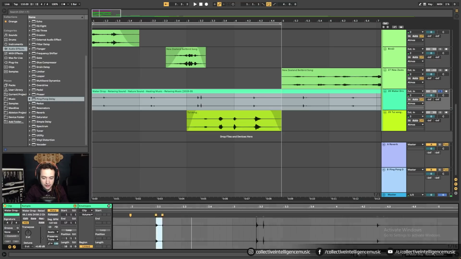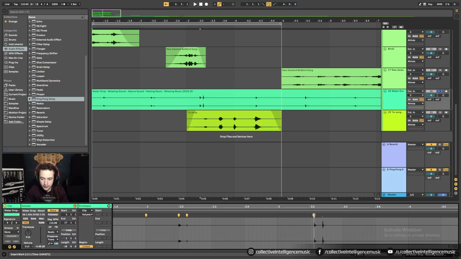And then again, the reason I put this node here is because watch what I'd do. If I grab that and pull it, it's going to stretch this guy, and I don't want to do that. So I put this little placeholder here so that that doesn't get affected. And there's no sound playing in here, so it doesn't matter. I pull that,